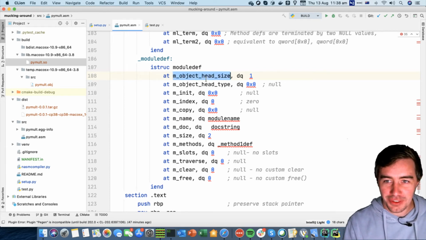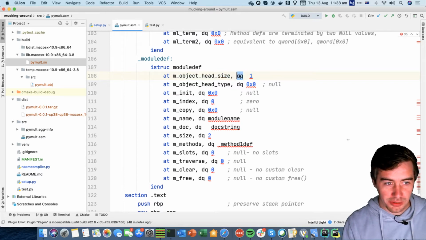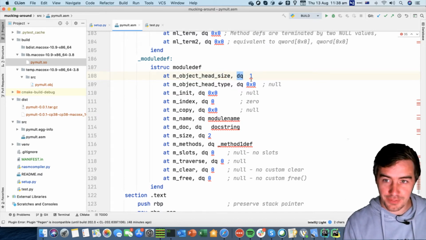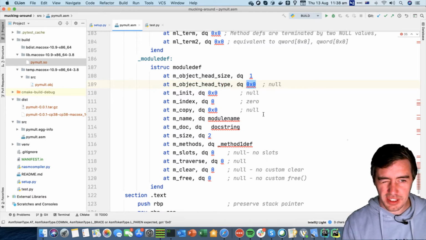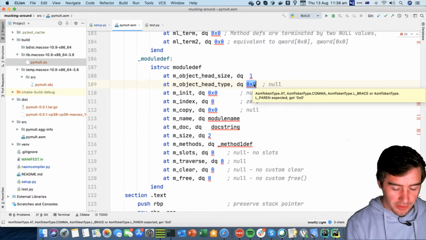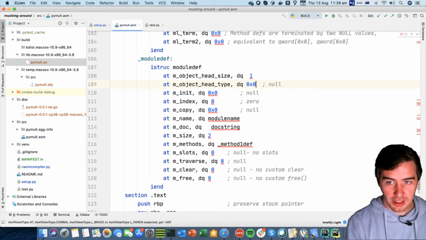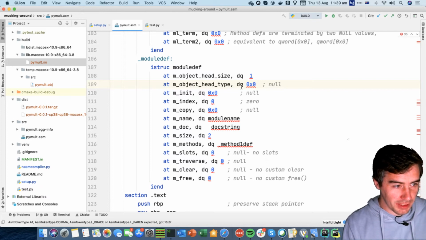Okay, so then what you do with this is you say, at that offset, allocate this value. So at size, allocate DQ, data, like a 64-bit value of the integer number 1. At the type, allocate null, because module defs aren't actually an object, so you can allocate null as the type. It doesn't matter if I put 0x0 or 0. I just, for my own sanity, if I was referring specifically to null,